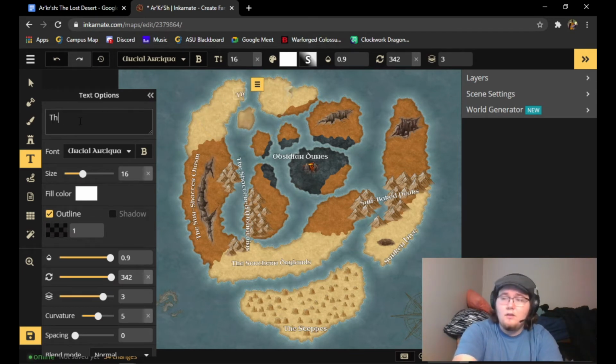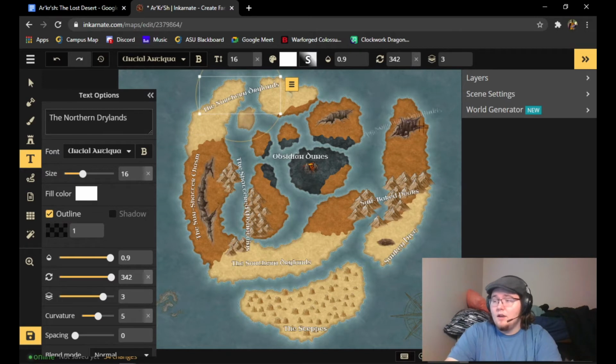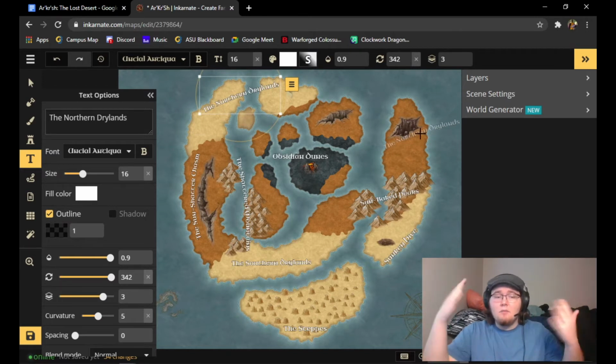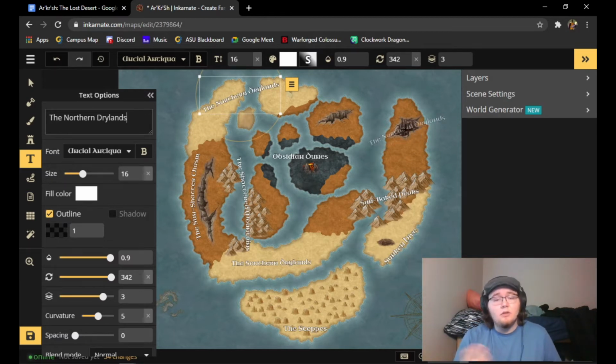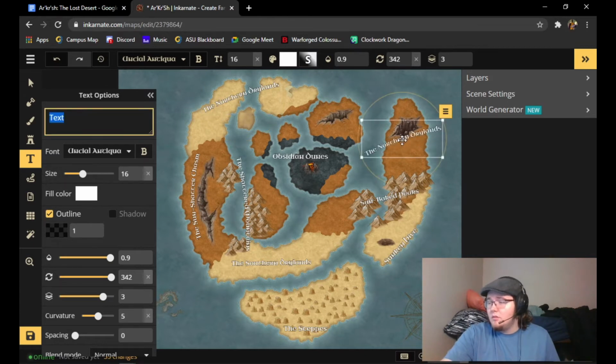The northern drylands. That's a pretty easy one to just knock out right then and there because similar names, similar places, easy to work with. There is sometimes simplicity and symmetry while also keeping it unique. Okay, next, we're going to name this region over here.